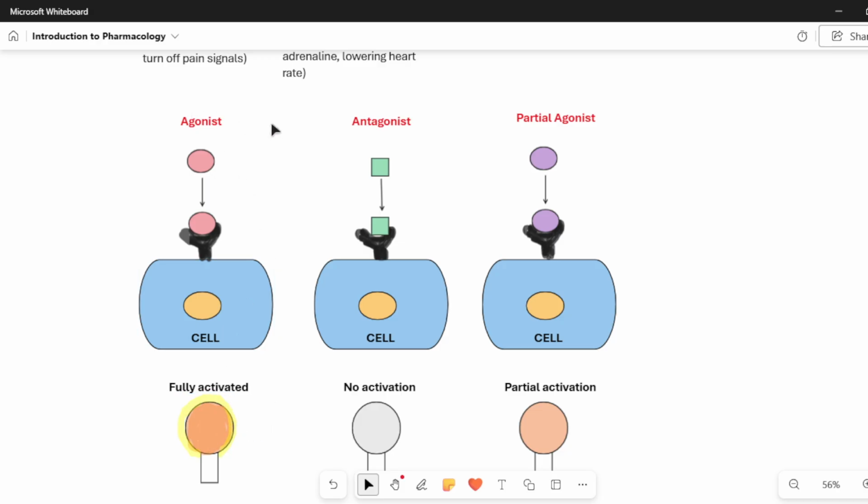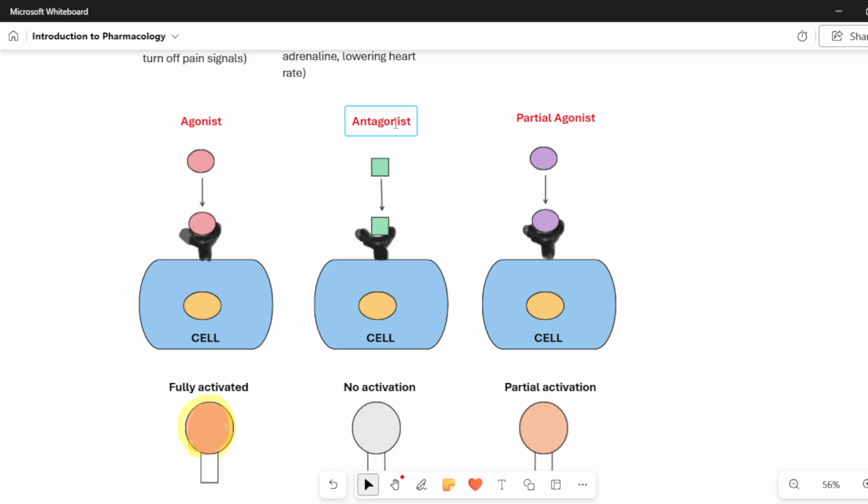That is an agonist. Now the antagonist, what it does, it just goes and sits there. It blocks it. This drug just blocks it. It will not allow anything to be done. It's like a blocker. So the cell will not be able to do what it has to do because the antagonist has blocked it, and the natural chemical cannot sit here because this has already occupied the receptor.